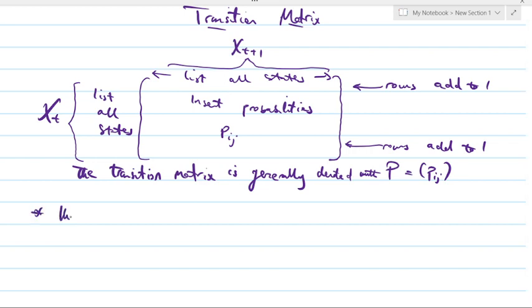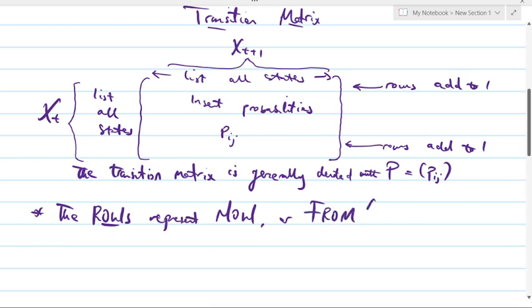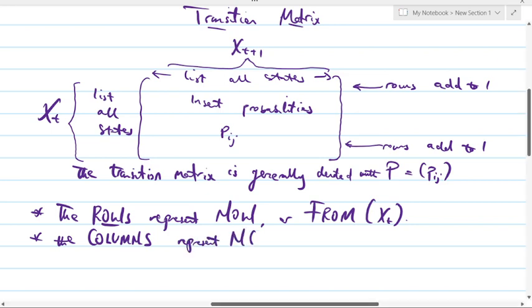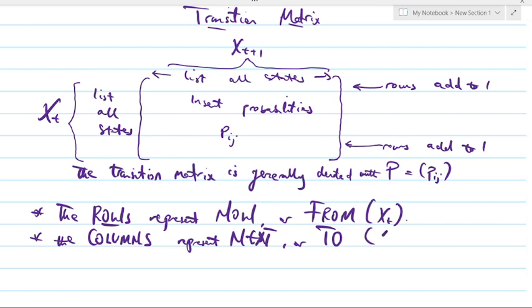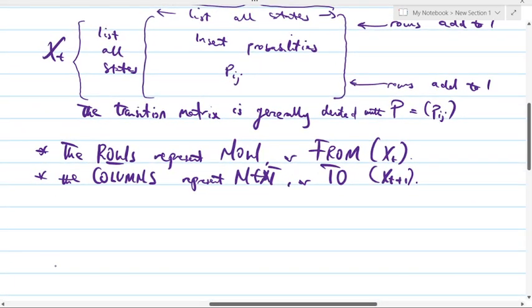Take note that the rows represent now, or from, with mathematical notation X subscript t, and the columns represent next, or to, with mathematical notation X subscript t plus 1, and the entry